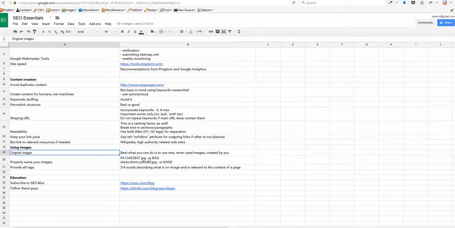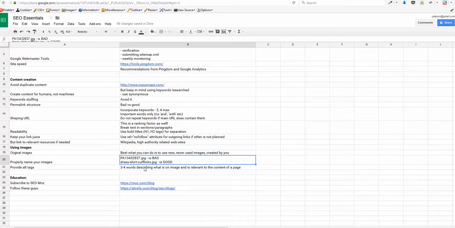While using images, we want to provide our own images not used anywhere else, properly name the image files, and provide the alt tags. More education could be found on Moz's blog and this resource at